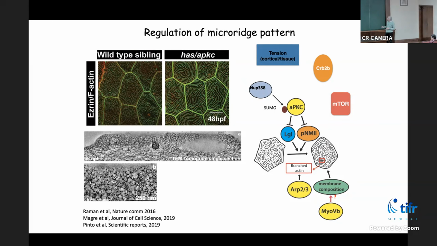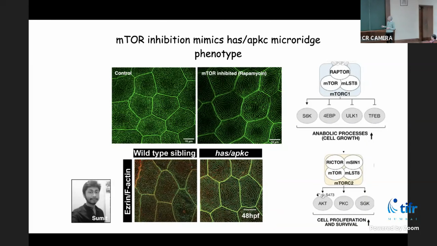And so there are, of course, many other factors that we have identified. And currently we are looking at another component which is called mTOR. Now, this mTOR is an interesting molecule. It responds to the metabolic status of the cells. What it means is that your epithelial surface can actually be modeled based on the metabolic status